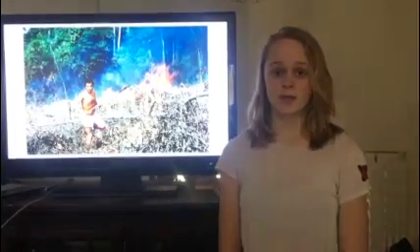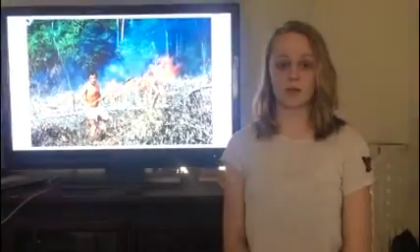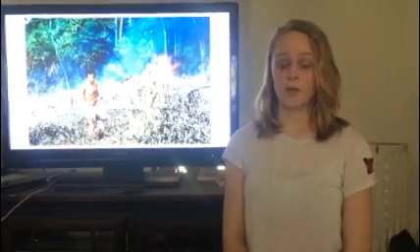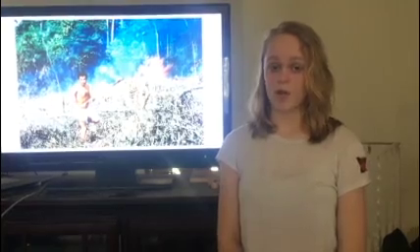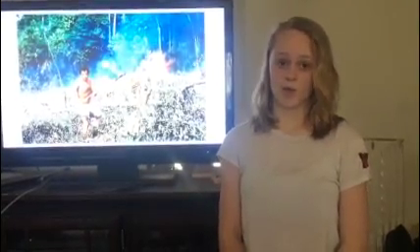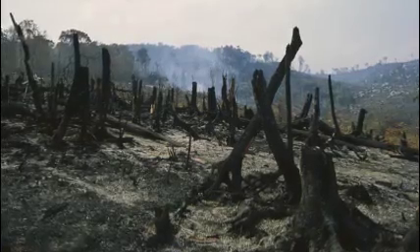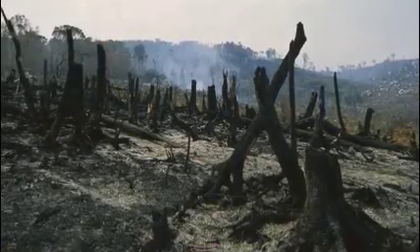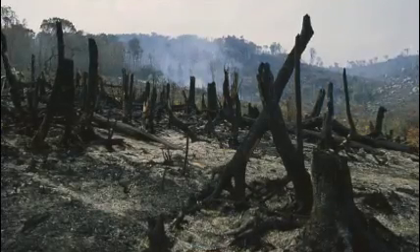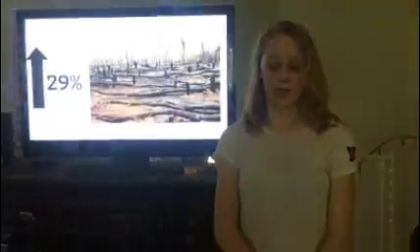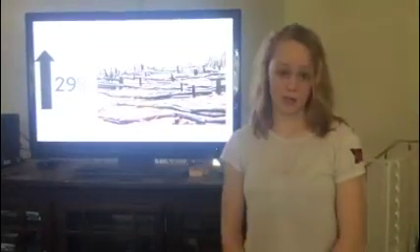Agriculture is the main reason for their need of deforestation. Farmers burn the stumps in order to get the nutrients they need for the soil. But the nutrients required to sustain life in the rainforest are in the plants and trees, not the soil. Slash and burn is a process used for deforestation. The trees are cut down to stumps, then the stumps are burned, releasing nutrients for the soil in order to grow crops. From 2015 to 2016, deforestation in the Amazon increased by 29% and continues to increase.